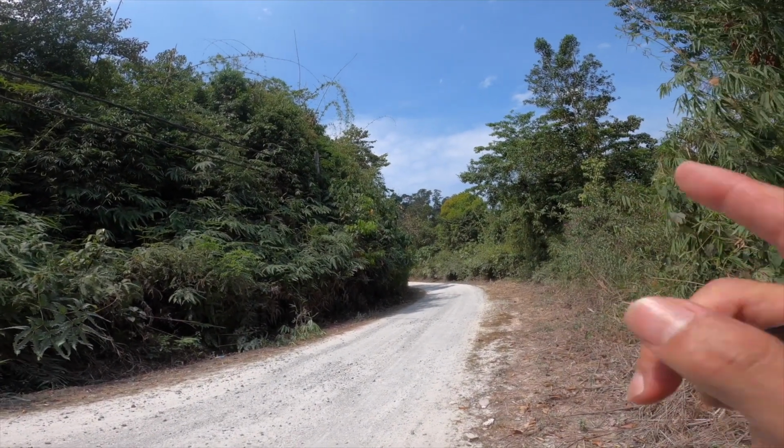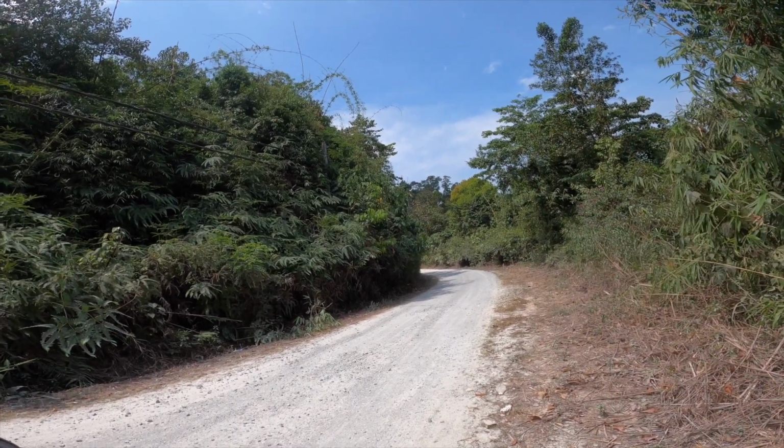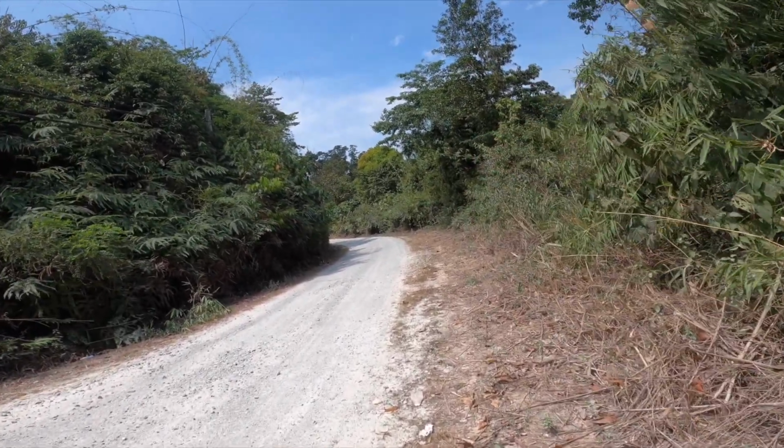So obviously when you see branches like that, it seems to be 50-50, right? Sometimes it does really well, like even with this kind of leaf. So I don't know exactly what happened,